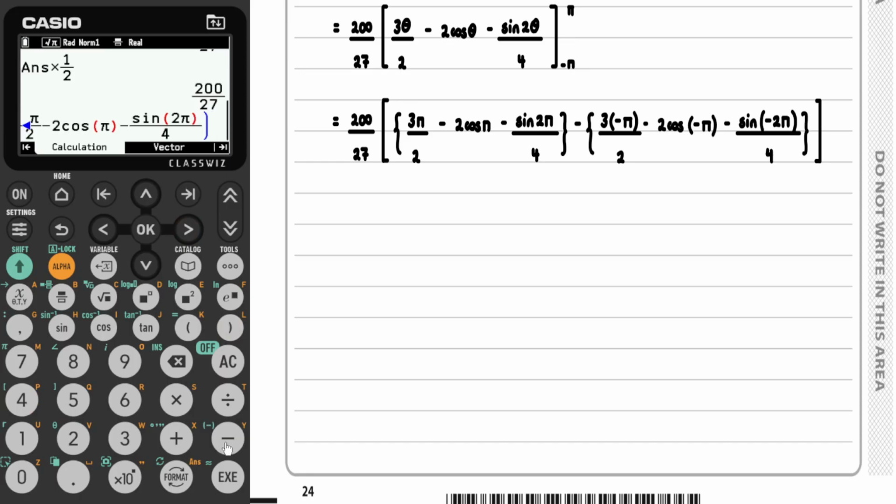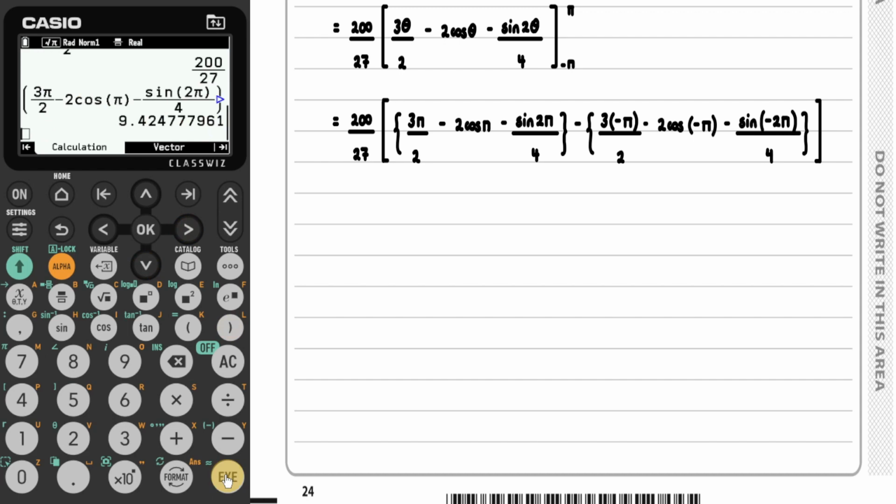And we then subtract from this 3 times negative pi over 2, subtract 2 times the cosine of negative pi, subtract the sine of negative 2 pi over 4,